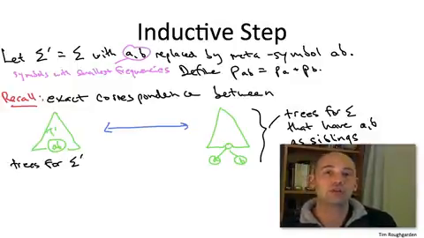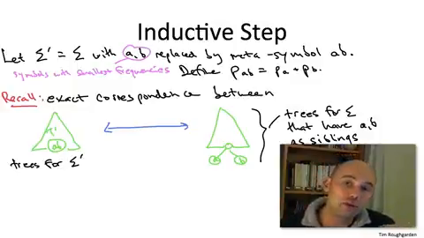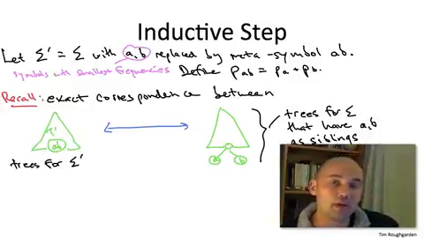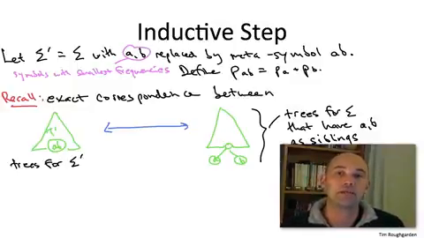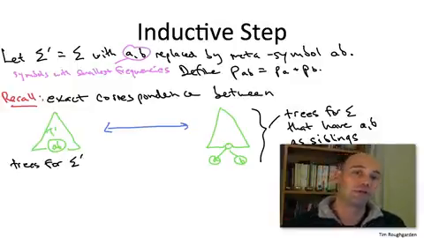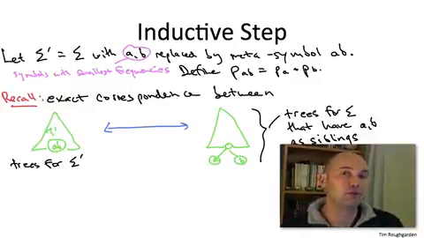Conversely, given a tree of the form on the right, that is, its leaves are labeled according to sigma, and it just so happens that A and B show up as leaves of that tree, you can produce a tree for sigma prime just by contracting A and B together. So sucking up A and B into their parent and labeling the parent AB. So you can go back and forth between these two types of trees. One, arbitrary trees for sigma prime, and